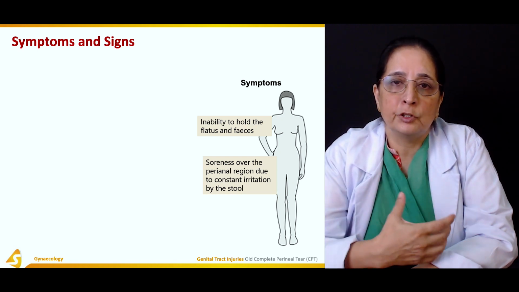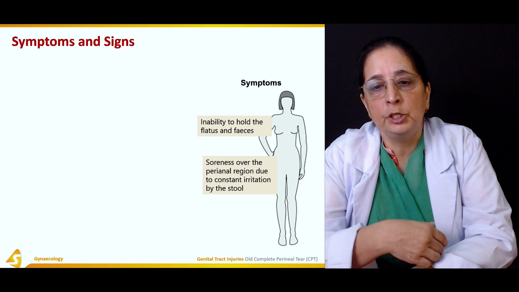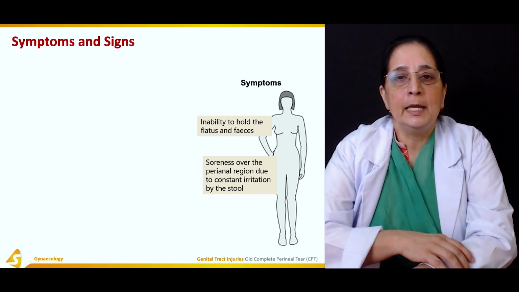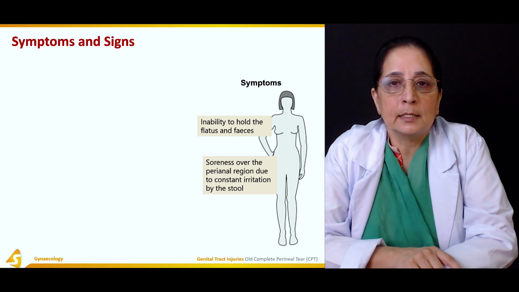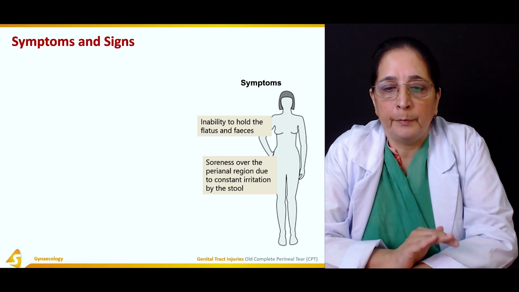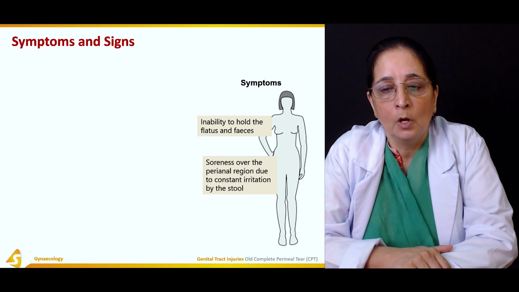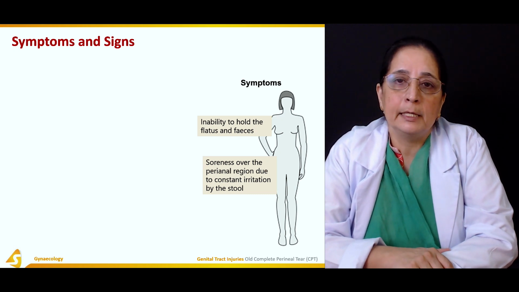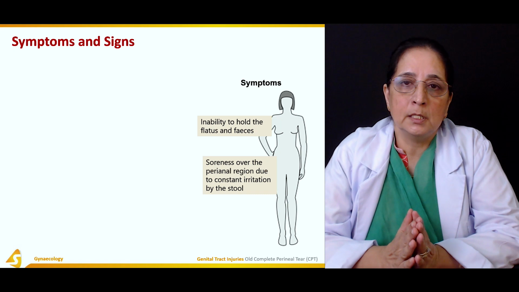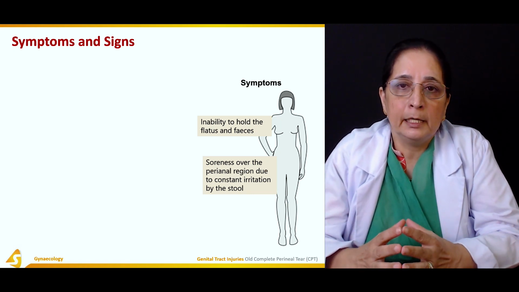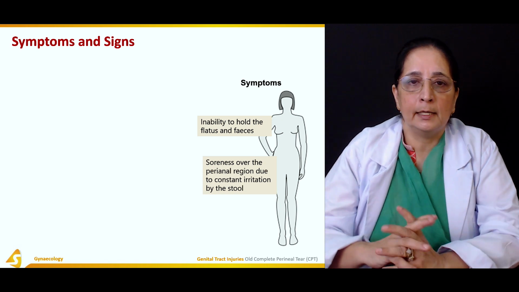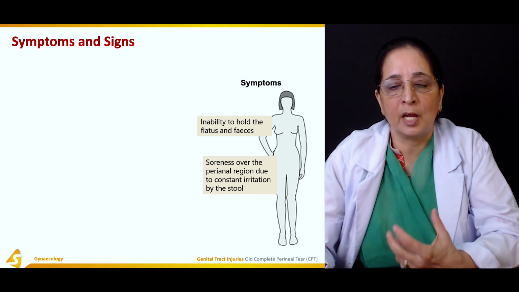If that is destroyed or damaged, it can lead to incontinence of flatus and feces. Soreness of the perianal region due to constant irritation by the stool. If there is incontinence of the stool, it keeps on causing irritation around the anal area, and that causes soreness,